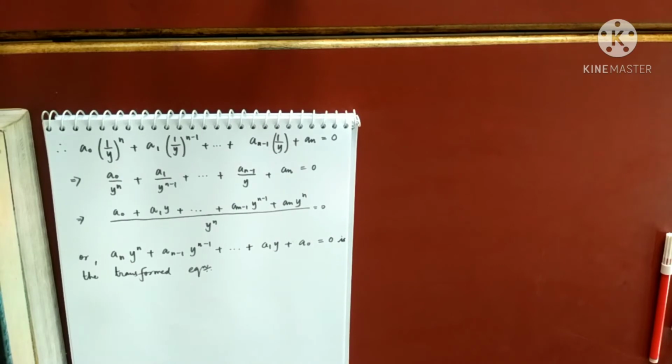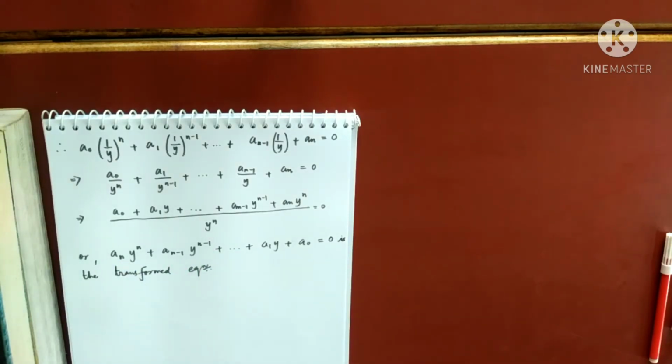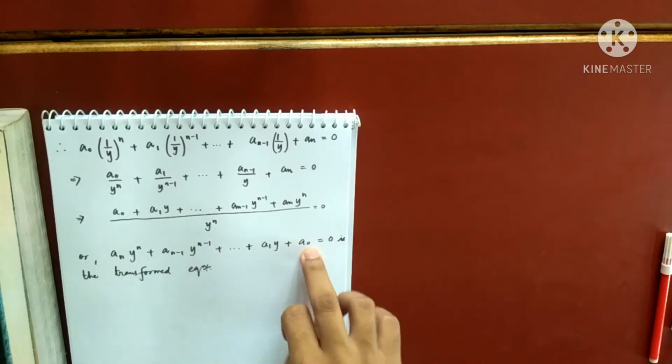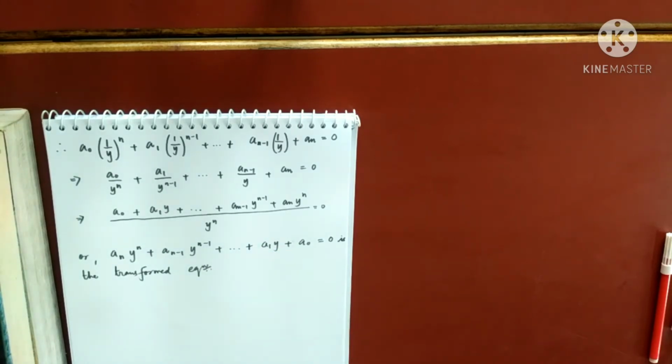That means its roots are alpha 1, alpha 2, dot dot dot alpha n. So what exactly has happened, you see? All the coefficients have got reversed. There it was a0, a1, dot dot dot an, and here it is an, an minus 1, dot dot dot a1, a0. So now I have got the idea how to obtain an equation whose roots are the reciprocal of the previous equation, just by rewriting the coefficients in the opposite direction, in the reverse manner.